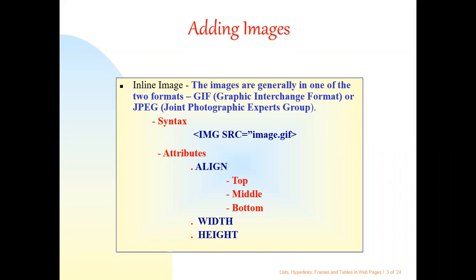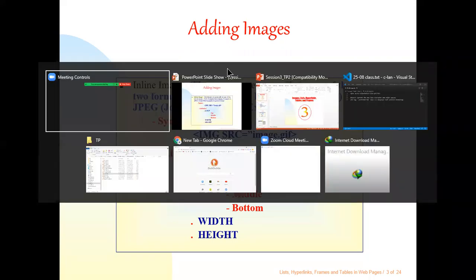In addition to this, we can also use the width and height attributes. The width and height attributes control the size at which the image is displayed. For example, I have a big image there and I want to display it at a small size. So you can use the height or width options. When using height and width, you can specify the values in pixels, or you can give the values in percentages. We'll see one example and then we'll discuss more on that.